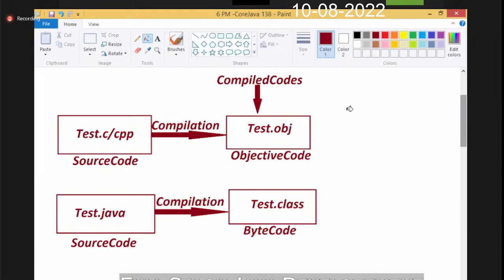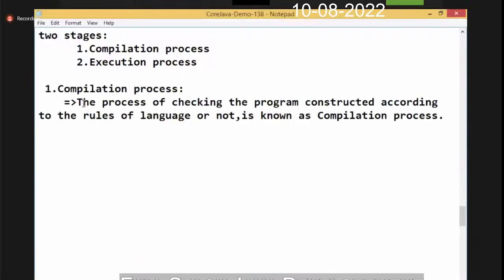That is a point I'm going to write now. In C and C++ languages, after compilation, object code is generated. In Java language, byte code is generated. This is for interview purposes, the statement I'm making. Great, make a note of that. Now, after the compilation process is successful,